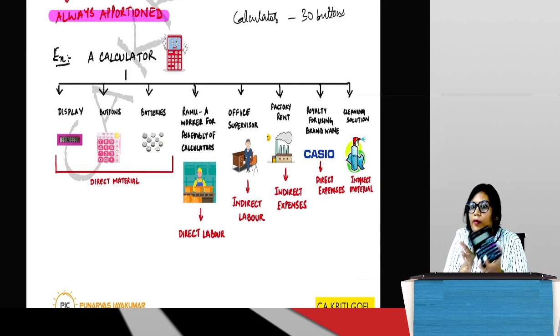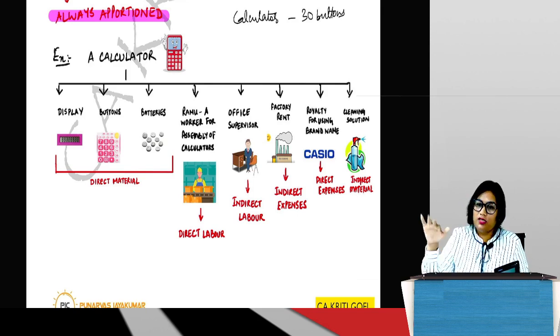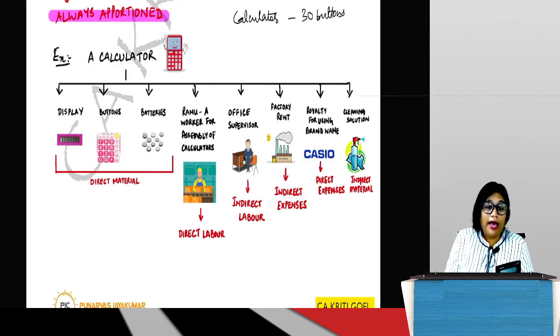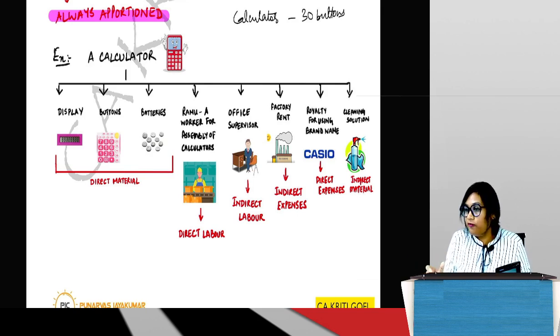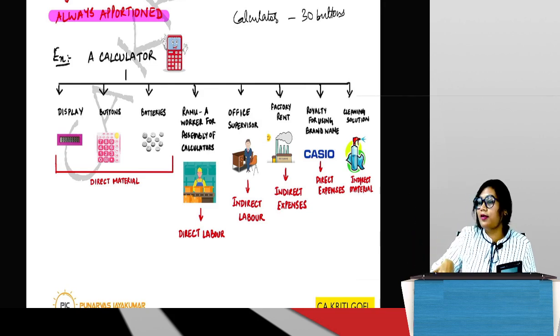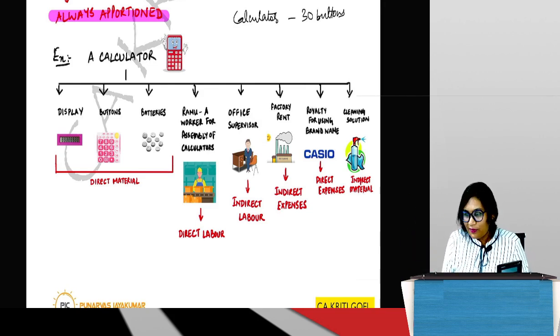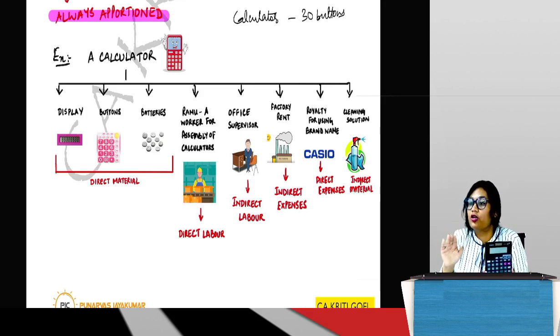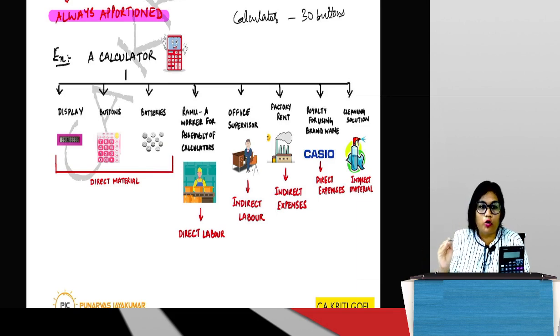Out of 10,000, how much will I give to this calculator? I don't know. So you'll again ask me, ma'am, what is his salary per month? I'll say 10,000. Then you'll say, okay ma'am, in 1 month how many calculators are manufactured? Then I have to give you that figure. Then you'll take 10,000 divided by the number of units, and give me an answer. That is correct. So that becomes indirect labor, because that is an indirect cost which cannot be identified on a per unit basis. You will not know in this calculator how much indirect labor has gone without the process of apportionment.